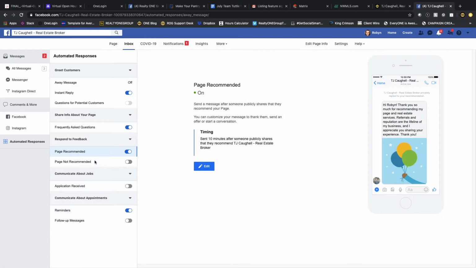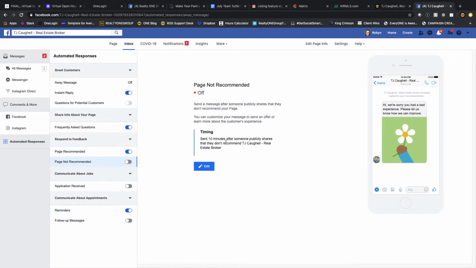Okay, page not recommended. I do not think you should ever have an automatic reply. I get that this sounds really good, but "please let us know how we can improve" suggests that you're open to making a change to what happened. In real estate, there's a lot of spicy situations where people are going to be upset. Unfortunately, you can't really do much about them not recommending you, but you can publicly reply to their bad recommendation, explaining your side of things, obviously empathetically and kindly, but I just don't think the automatic response